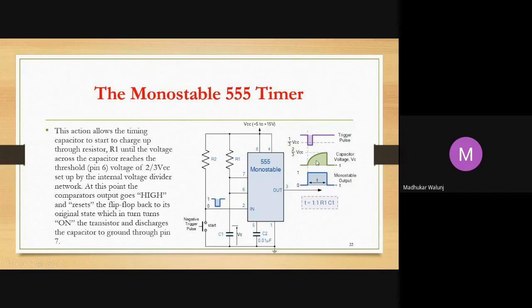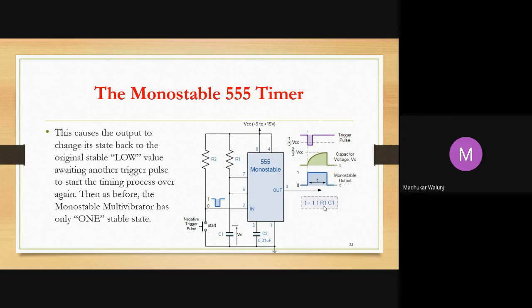So in this case, the capacitor charging is started by the negative trigger pulse. We are getting a pulse or square output wave from 0 to 1, while the capacitor charging will lead the output of 1 to go to 0. So the value of this particular pulse width depends solely on resistor R1 and C1, so the formula is 1.1 R1 into C1.